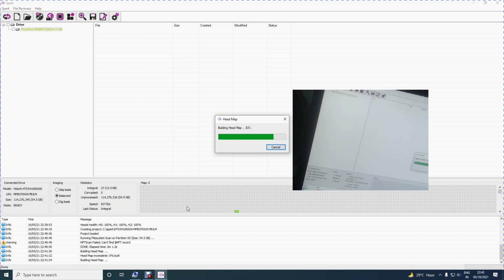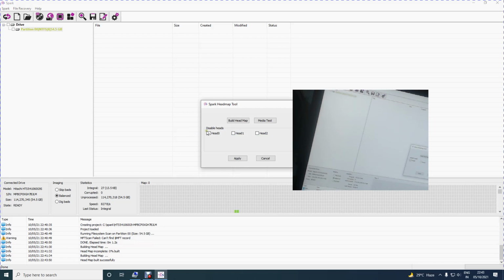We'll also see the imaging speed of the drive, because this is a 60 GB drive. We would like to see what imaging speed it offers as an old drive. This drive could be about 20 years old. But let us see how much speed Spark can take out of the drive, or how much speed the drive can really give us.